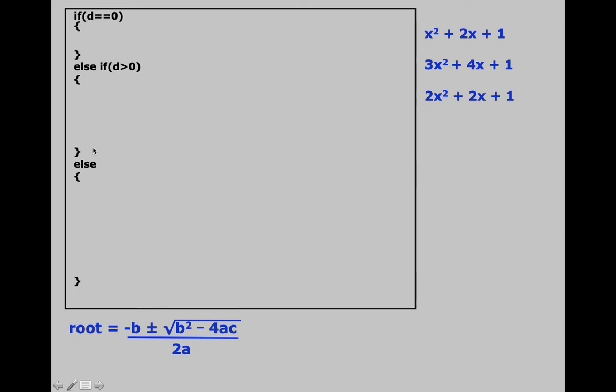By the way, this structure which you see in front of you, look at the mouse pointer where it is moving, is called an else if ladder, and currently it has 3 cases. If you want, you could have written over here else if d less than 0, but it is not required. If d equal to 0 is false and d greater than 0 is false, then automatically d is lesser than 0. And after this, we'll close the program. This is the end of void main. This is the end of the class.